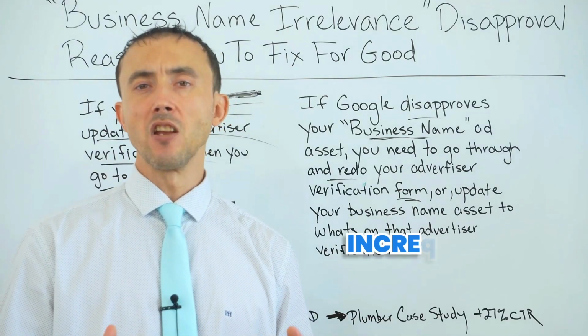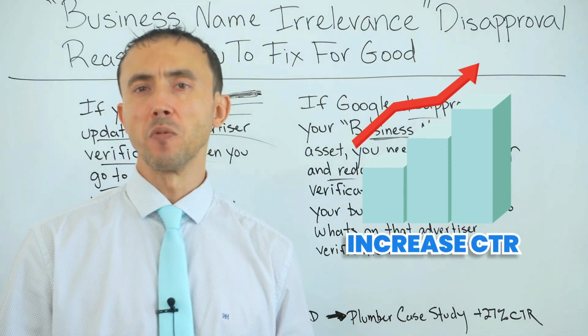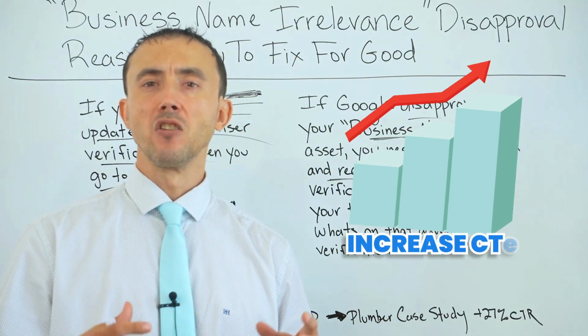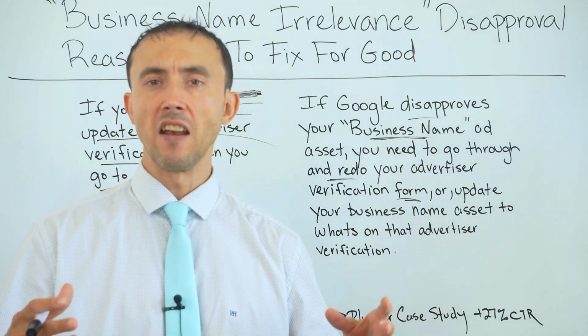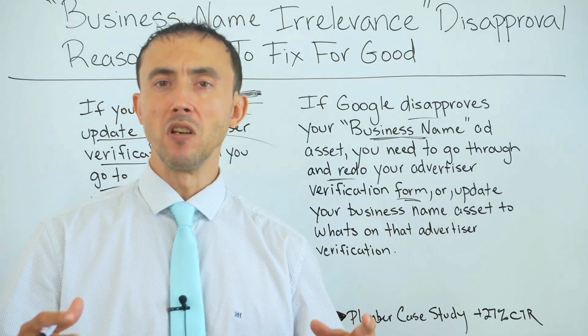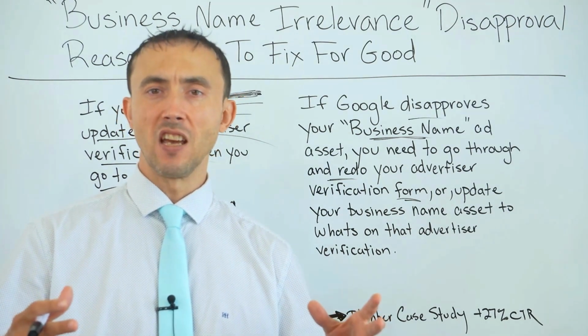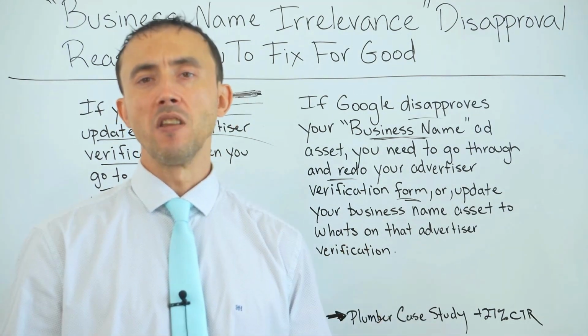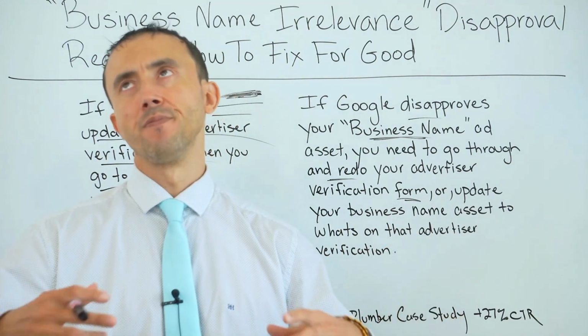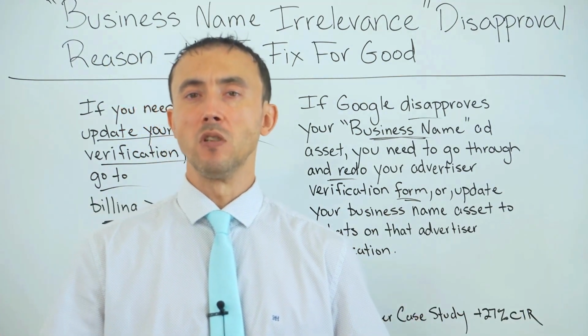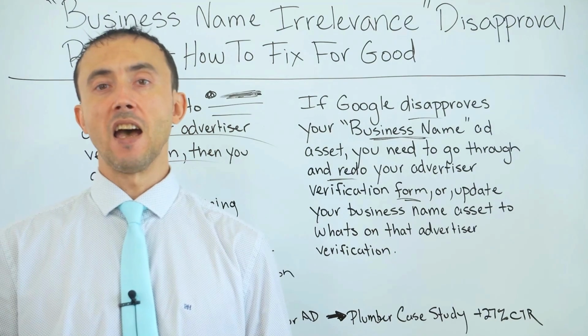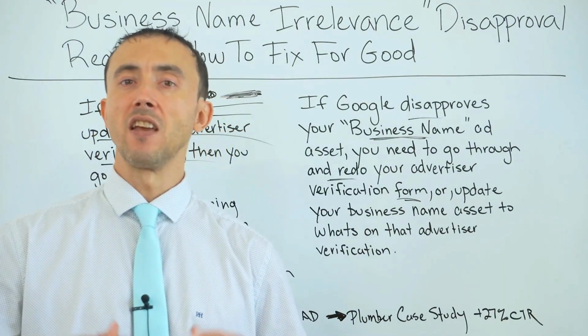Why? Because it's going to increase your click-through rate 10, 20, 30%, having the business name on there, assuming it's a pleasant sounding business trade name on that ad that sums up what you do. So if you sell dash kits, it's Dash Kit King, not Dash Incorp or ABC Incorporated. That doesn't represent what you do. You do it the right way like that, you will get that extra click-through rate,